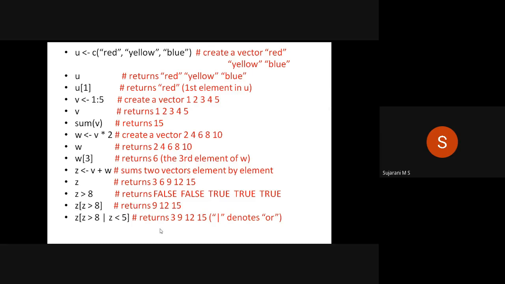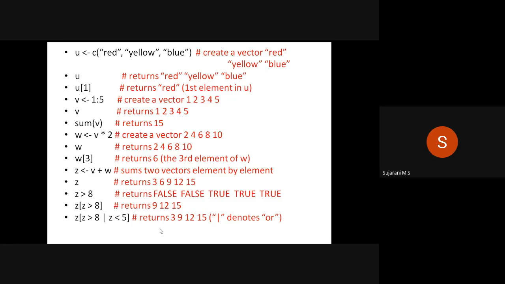That means each element in vector v is multiplied by 2. Suppose you want to retrieve the third element of the vector w, we can use the square bracket, w of 3. It returns 6. That means the third element of the vector w.